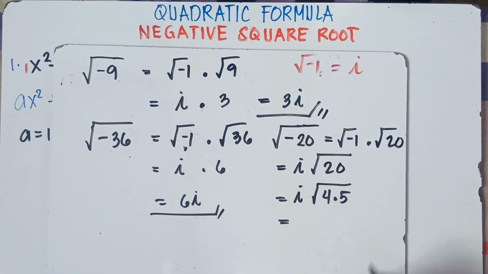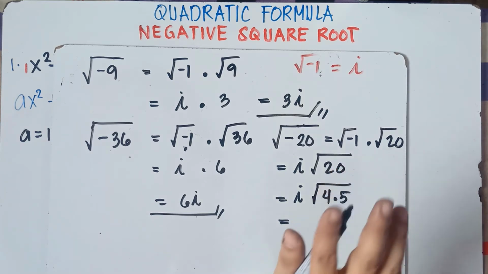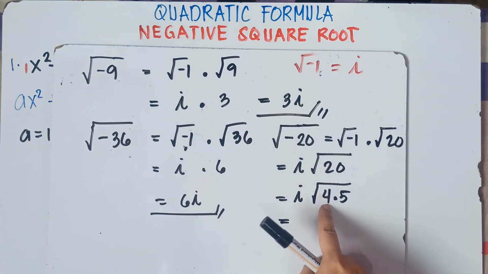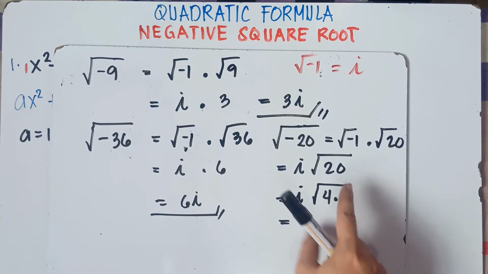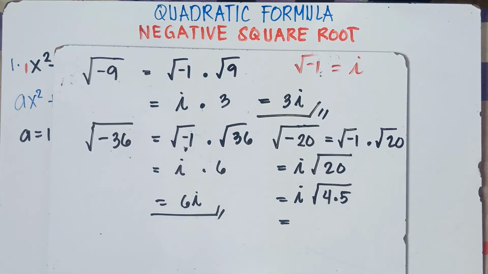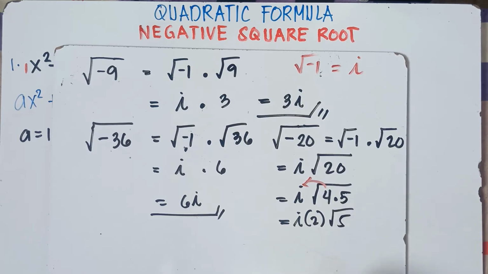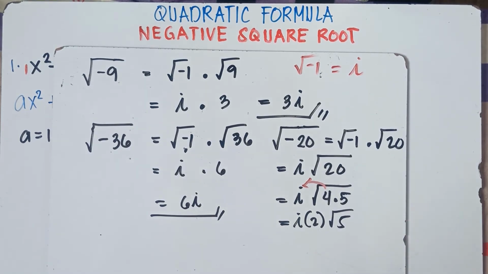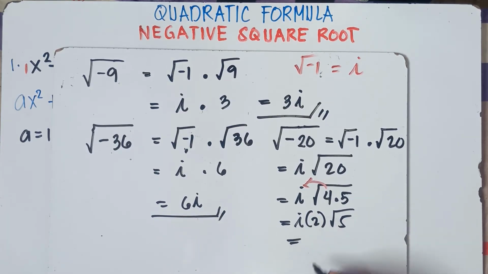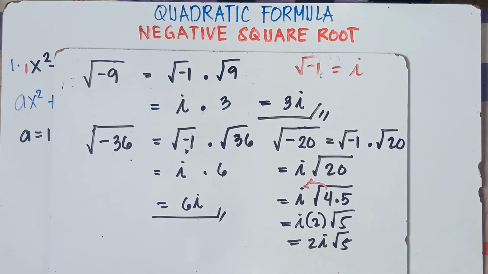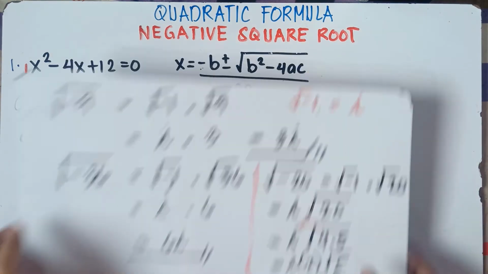Once again, if the number is not a perfect square, you find two numbers, one a perfect square and the other not, that when you multiply, you will get 20. So, the square root of 4 is 2. You put it outside and multiply it by i, so that would be i times 2. Then copy the square root of 5. We don't have the square root of 5, so simply copy the square root of 5. And then 2 times i is 2i, square root of 5. That's the answer, class, for this one. The square root of negative 20 would be 2i square root of 5. That's it, class. That's the thing that we will do in this scenario.